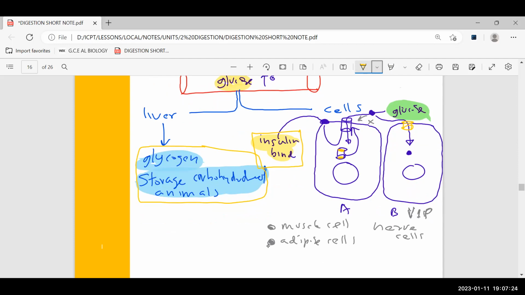So you have heard about the disease called diabetes. If a person has a problem with insulin, the pancreas reduces insulin level, or insulin can't bind to the cell. Both can happen. Insulin cannot bind to the cell, or the pancreas